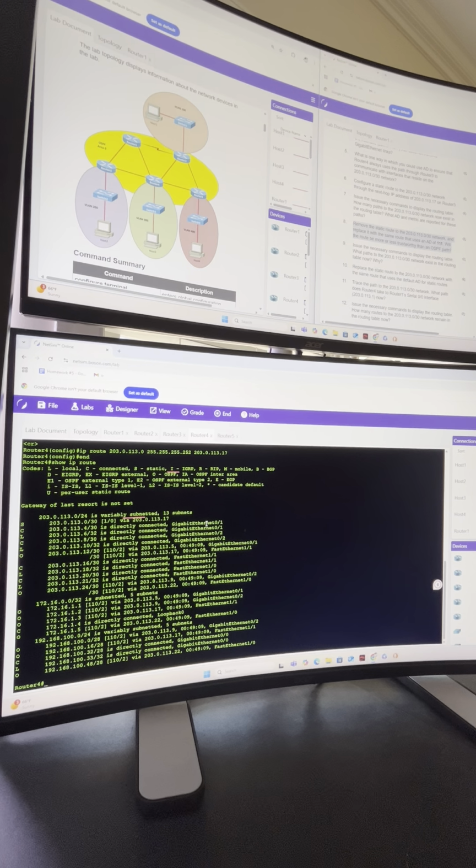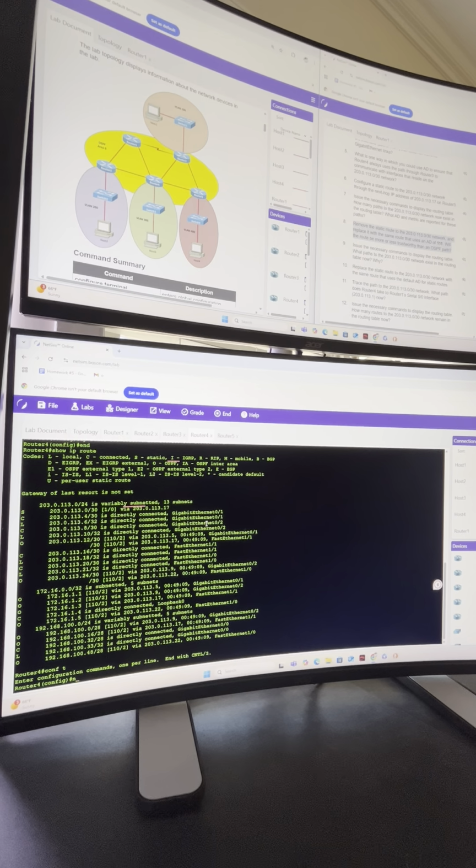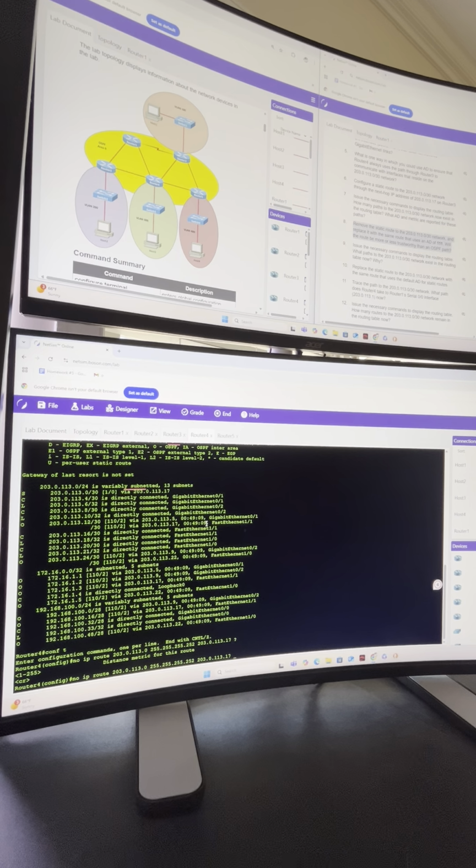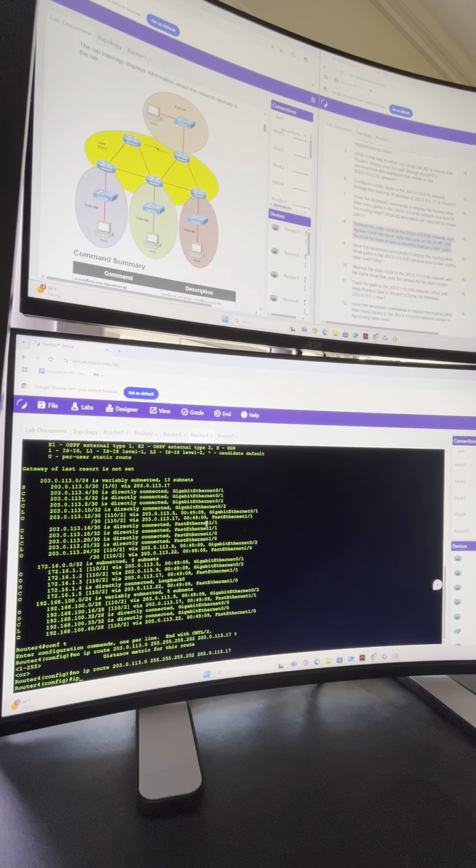Let's do a configure terminal, and let's do a no ip route to 203.0.113.0. We want to do a slash 30-bit subnet mask, so 255.255.255.252, and a next hop of 203.0.113.17. So we want to remove that,